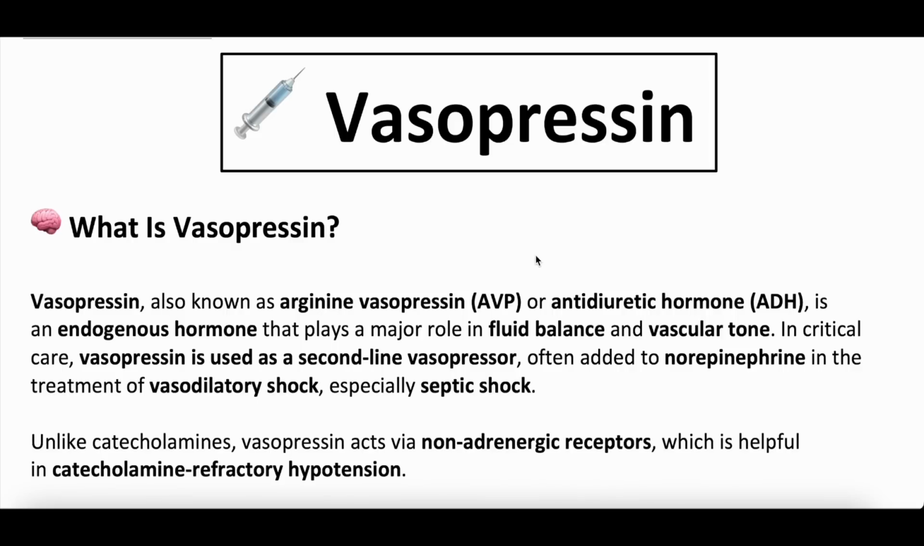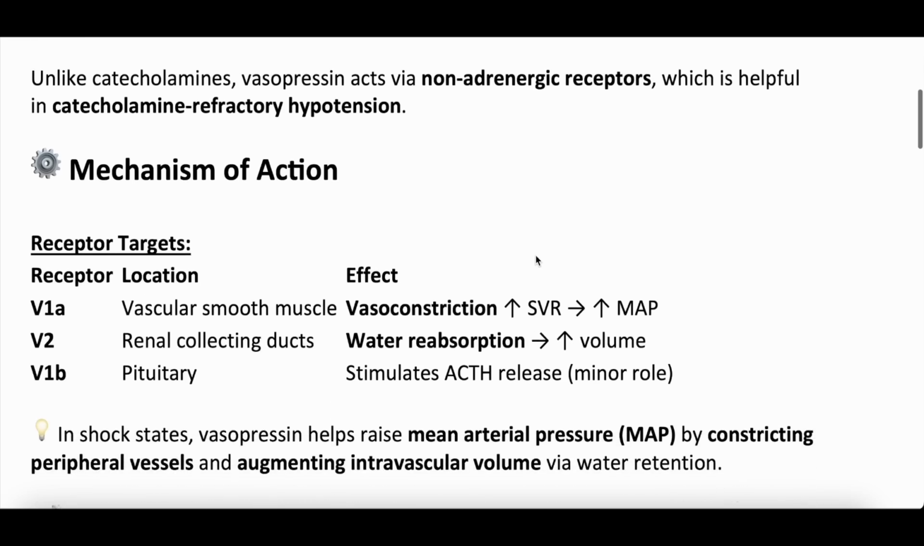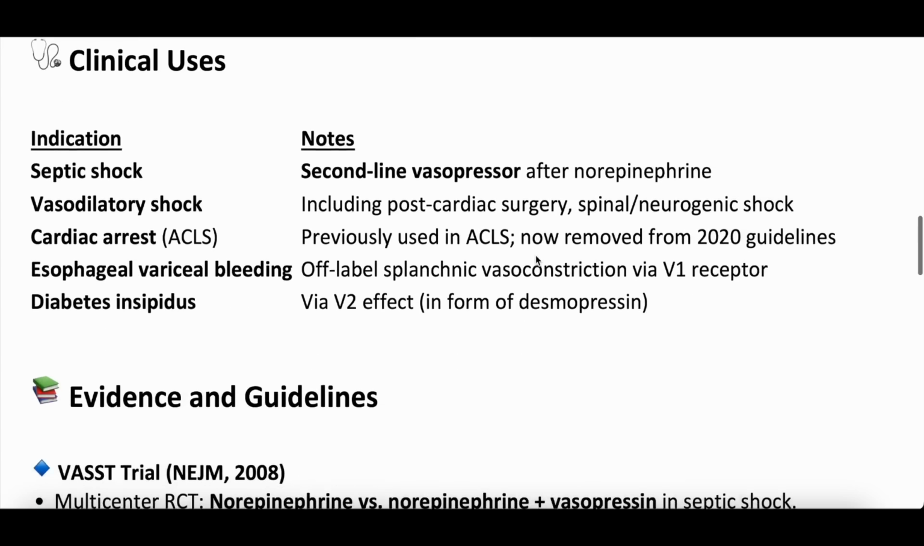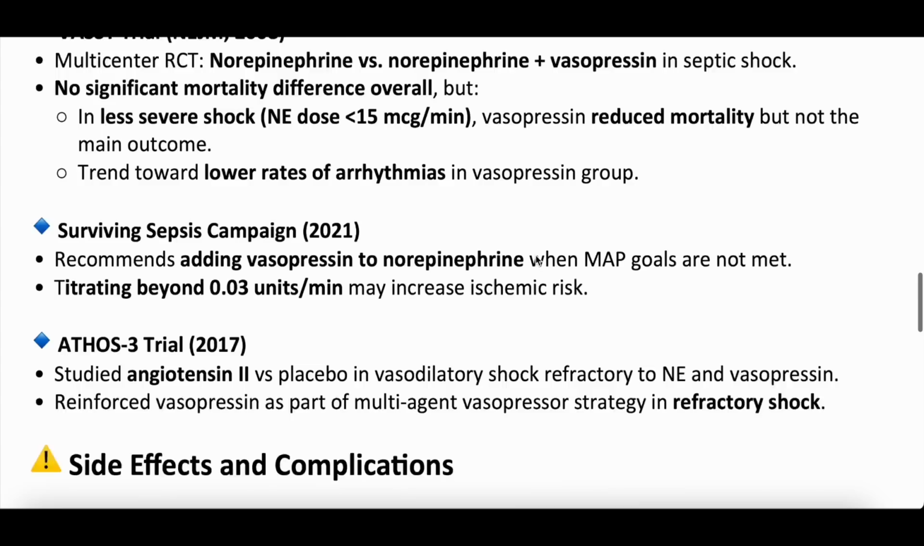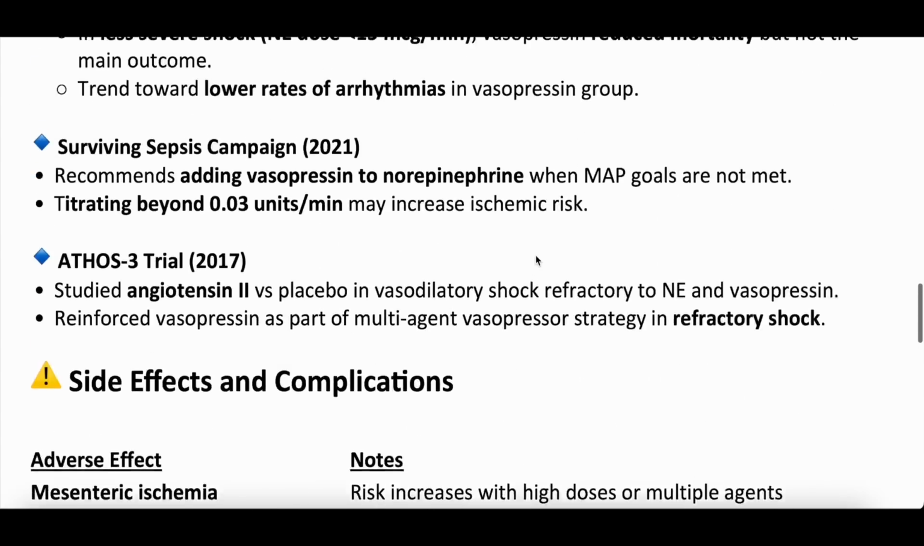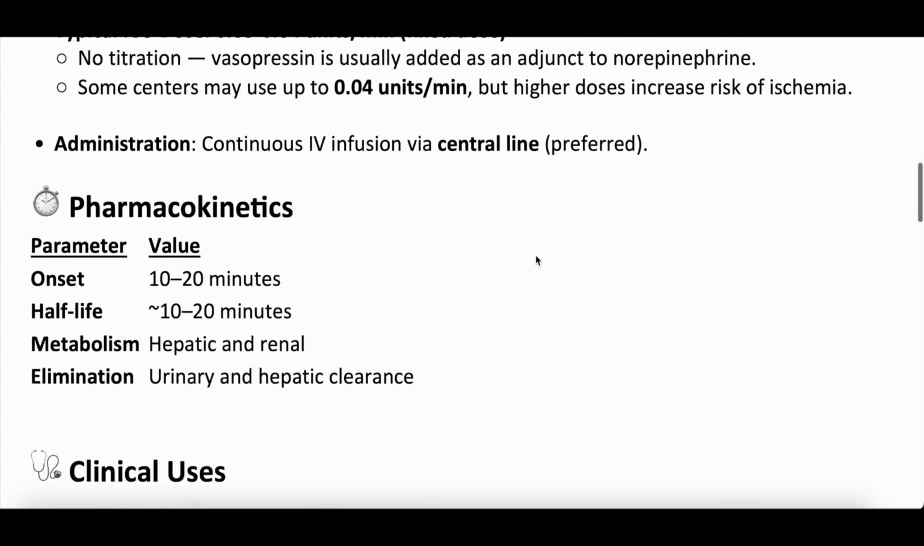Today's topic is another topic within our vasopressors and inotrope series, and we're going to be talking about vasopressin, a very, very common vasopressor in the clinical arena. Particularly, we're going to dive into what is vasopressin, its mechanism of action, dosing and administration, some pharmacokinetics. We'll talk about clinical uses, evidence and guidelines, side effects, complications, comparing vasopressin to norepinephrine, some clinical tips and tricks,